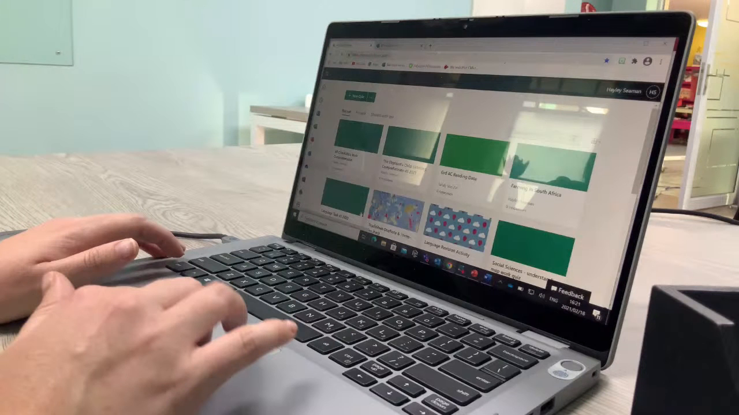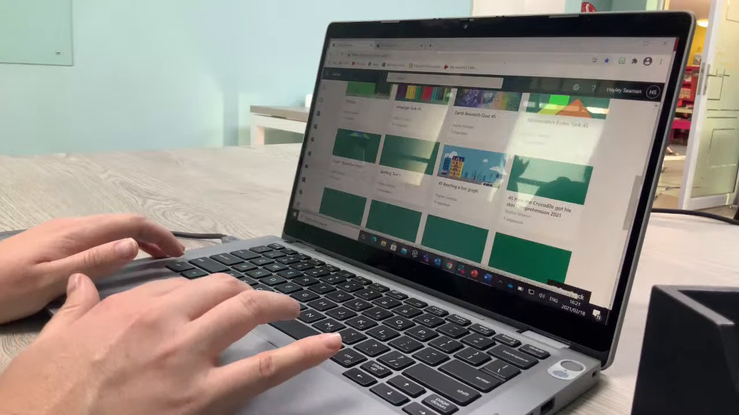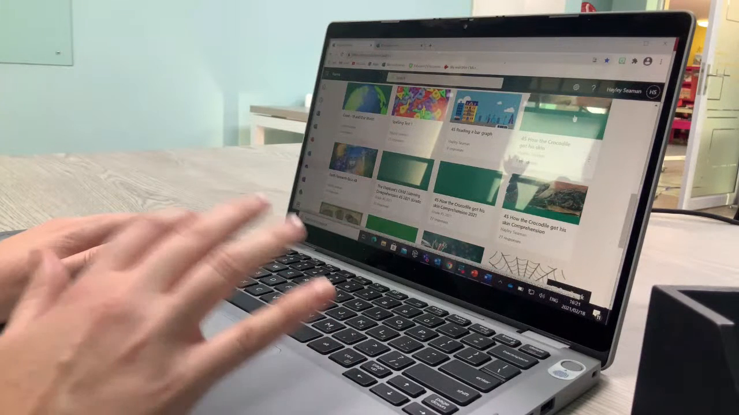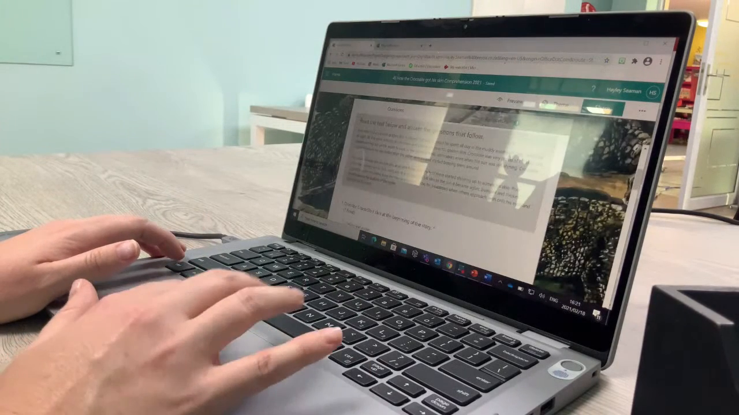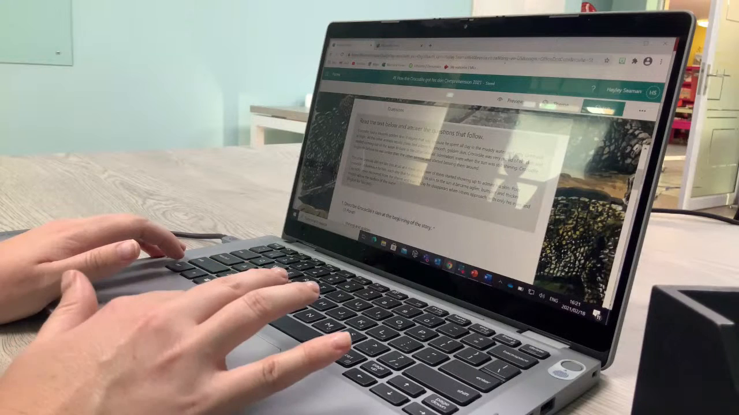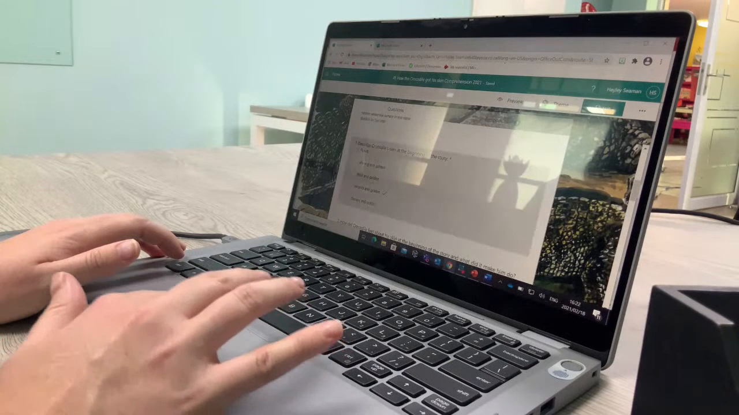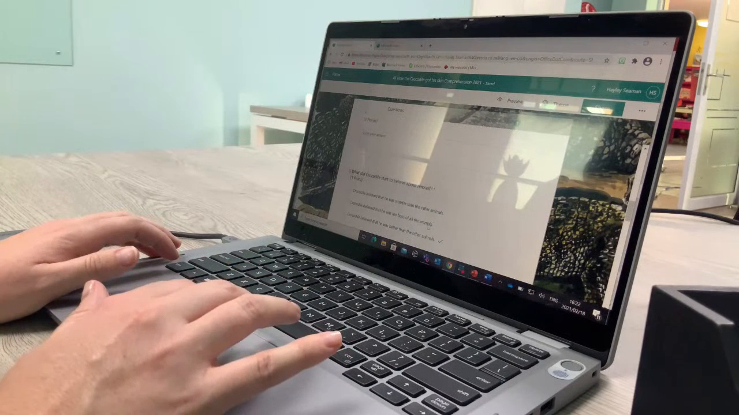This is it. The children will then be able to interact with the text and answer either the multiple choice questions or the longer answers. When it comes to creating the memo,